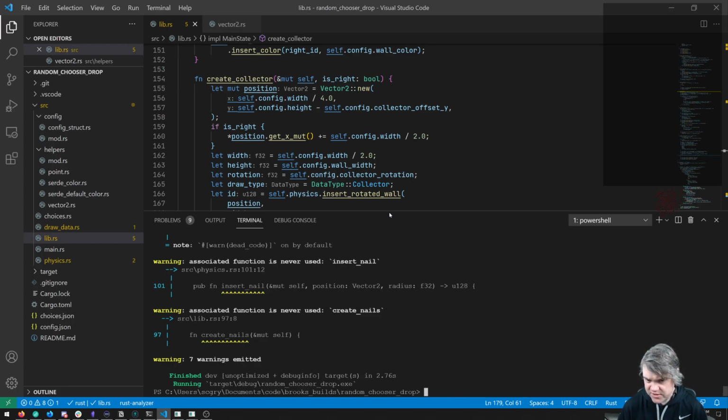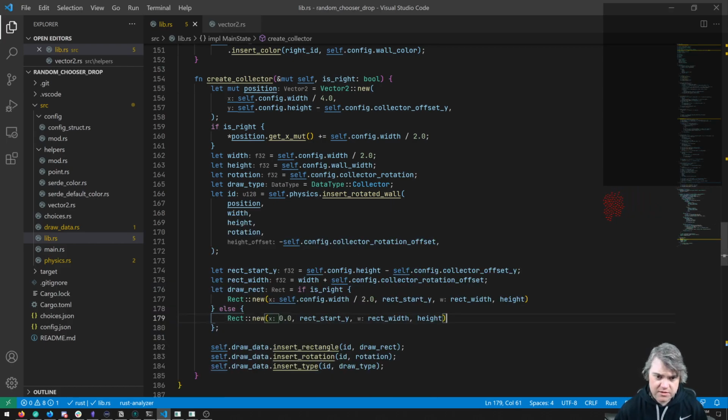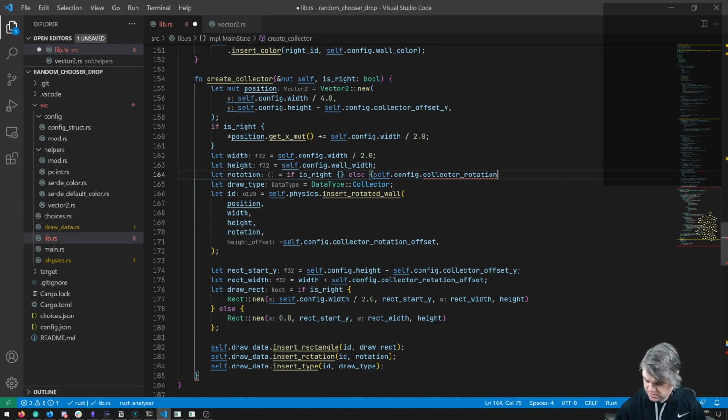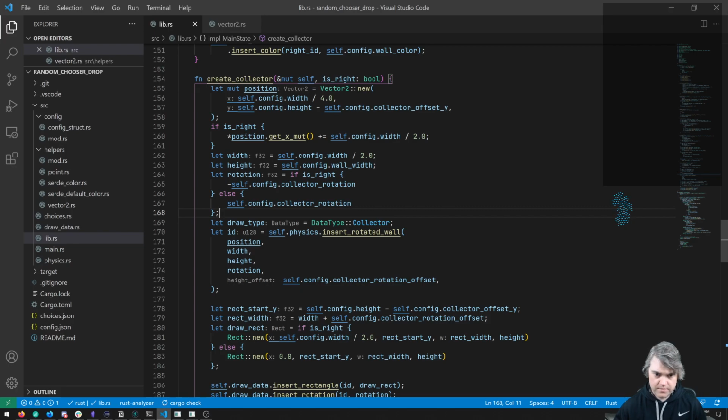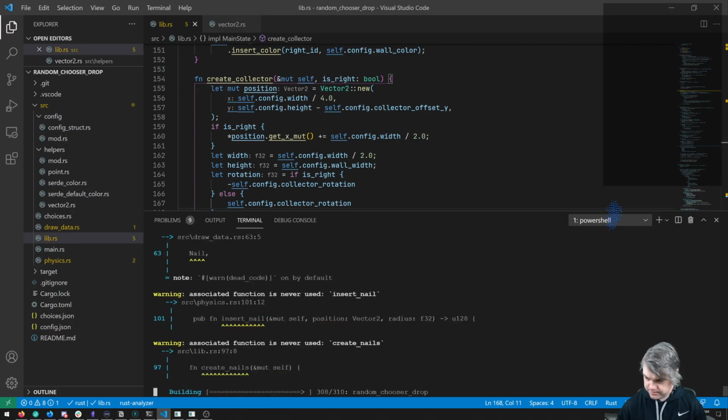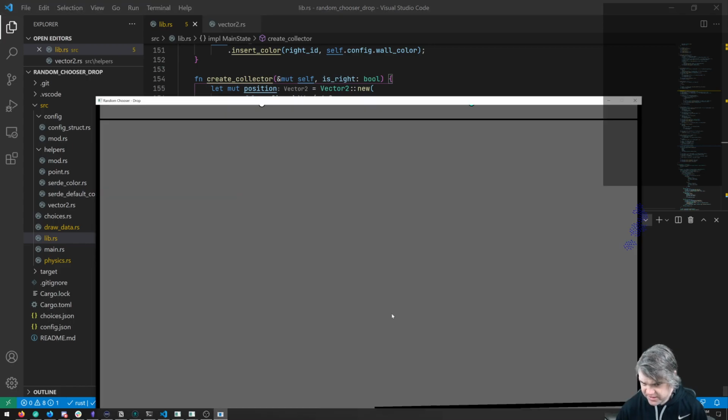If I wanted to reverse it, like actually reverse the angle, well, we know that up here, the rotation is going to be if is right. We're going to do that. Otherwise, we're going to do this with the negative. So now they should be